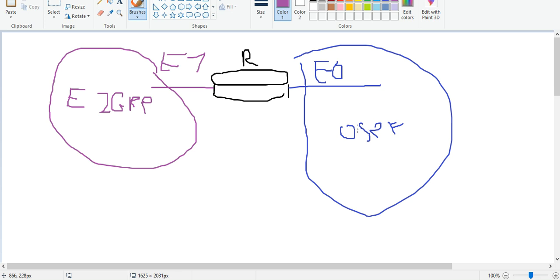This OSPF is our current routing domain, and EIGRP is the other routing domain. Okay, on R1,